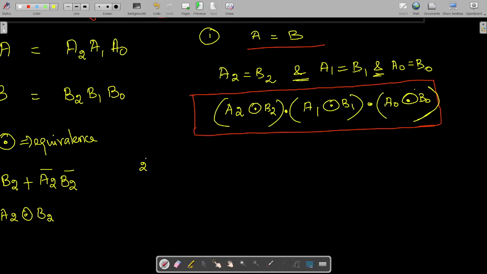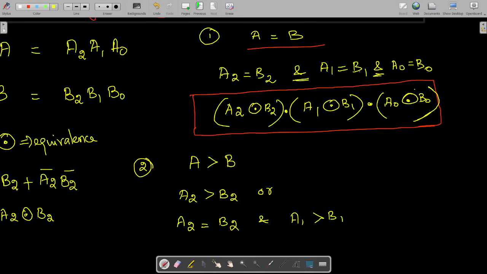The second condition is to check whether A is greater than B. A is greater than B means definitely one condition is A2 is greater than B2. That itself is enough. Or the second condition is A2 is equal to B2, and then we check whether A1 is greater than B1.